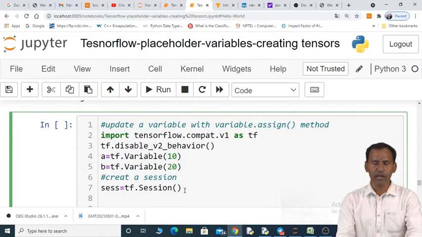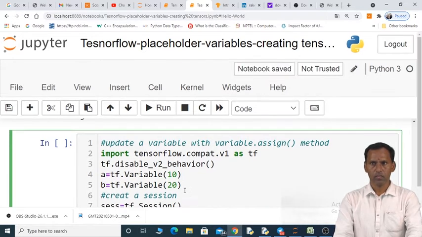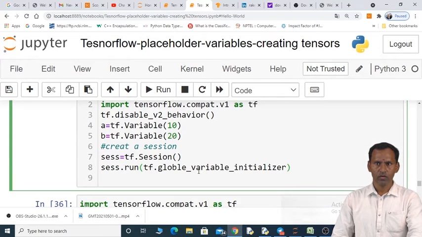After that we have to run the global_variables_initializer function.